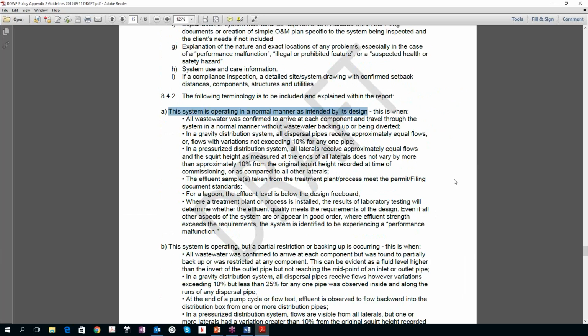I guess I'm assuming it's kind of obvious that we don't need to microanalyze the legalities of it. But if you say the system's just fine, you won't have any trouble, and then they have trouble, now you're in trouble. That was too many troubles. But if you say the system is operating in a normal manner, and then a month later it's not, you're in less trouble. And here's the explanation of all that stuff.